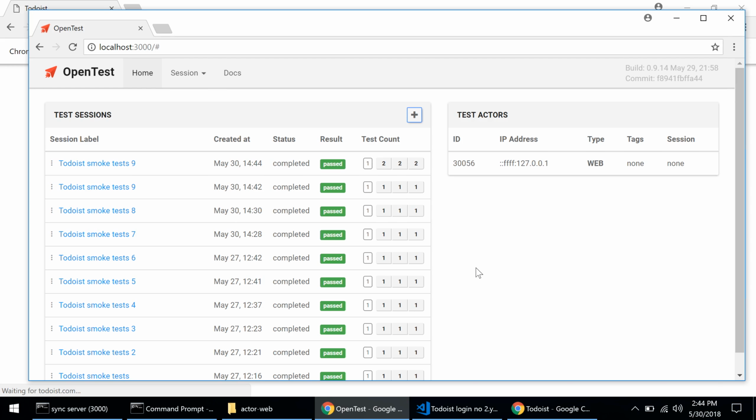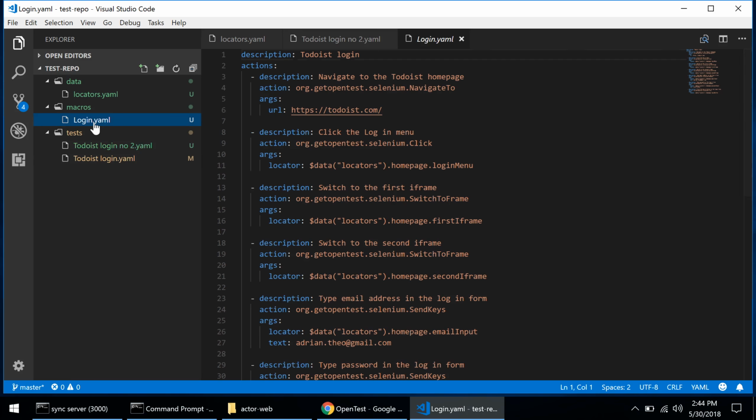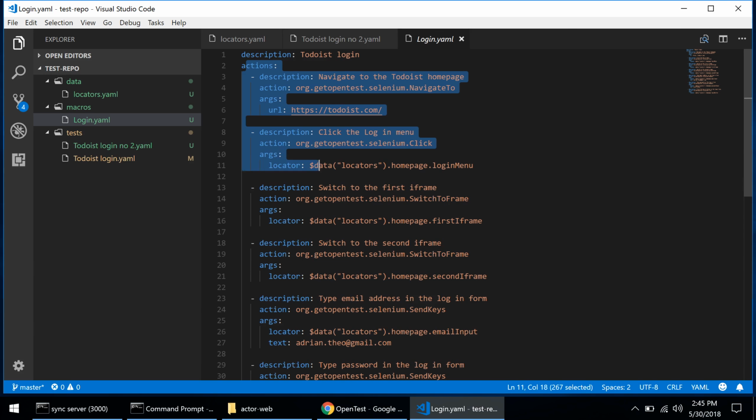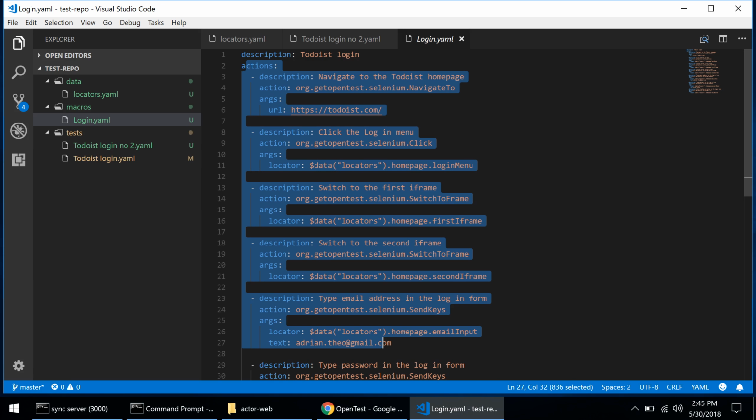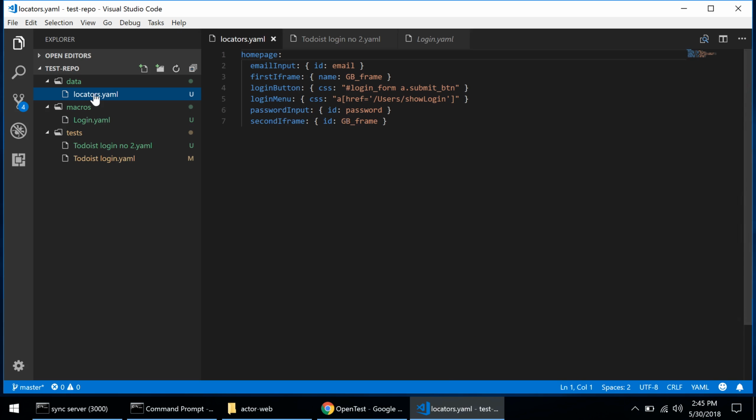Now, because both of those tests use the same login macro, I can simply go into the macro and make the changes that I need. Or if the flow of the login remains the same, but only the locator of one of the elements changes, I can go into the locators data file and I can change that locator in there, and my tests will